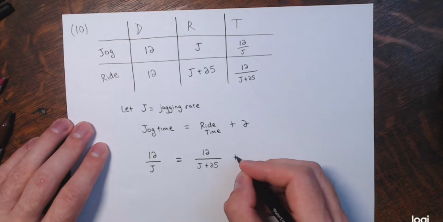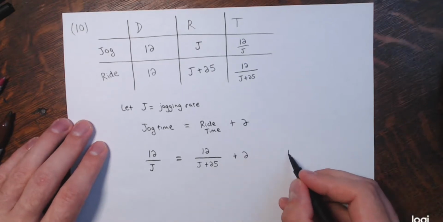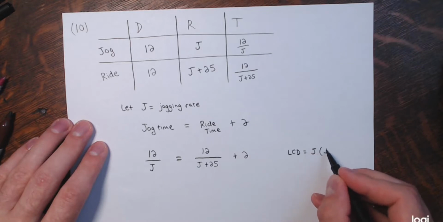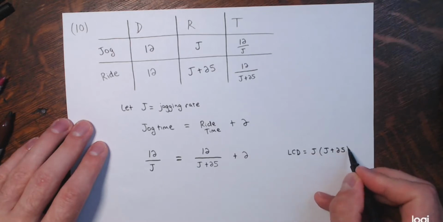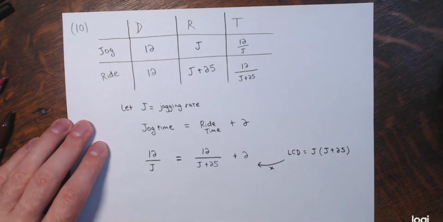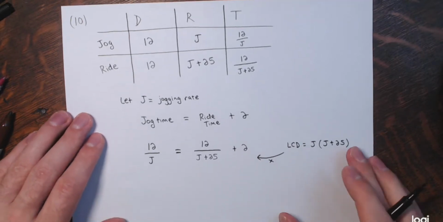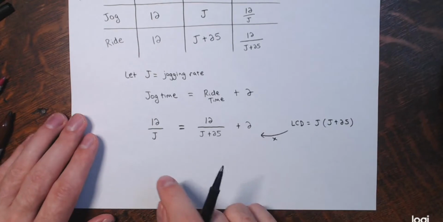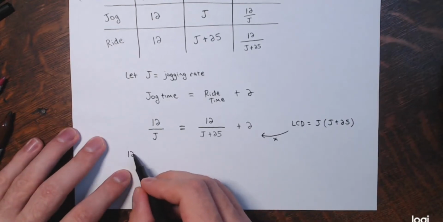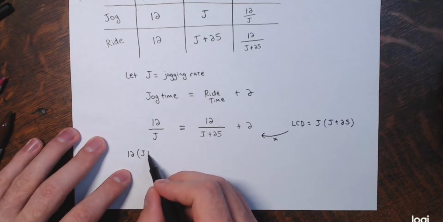And then we have plus 2. Right, so once again, the LCD is just j times j plus 25. And then I'm multiplying every single term here by the LCD, canceling all the denominators. On the left side, we'd have 12 times the quantity j plus 25